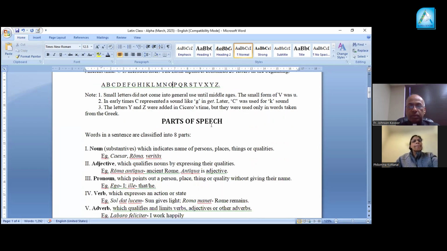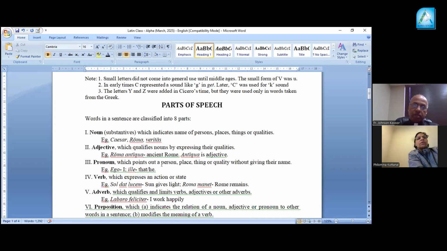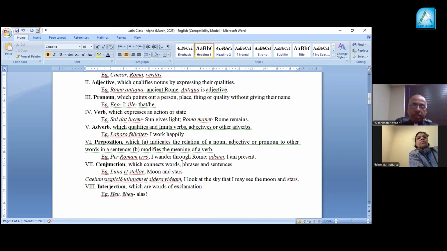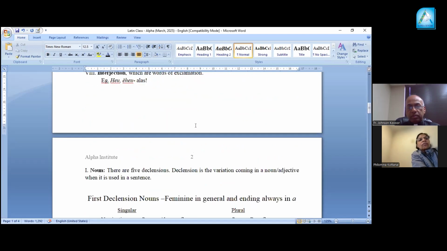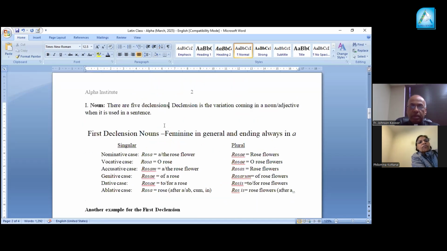Coming to it as a language, you want to understand that there are different parts of speech, like noun, adjective, pronoun, verb, adverb, conjunction, interjection, and so on. We want to keep that in mind, at least to proceed with the study of a language. We are directly entering into the declension of nouns. Declension means that while using a noun in a sentence, there can be changes in the noun